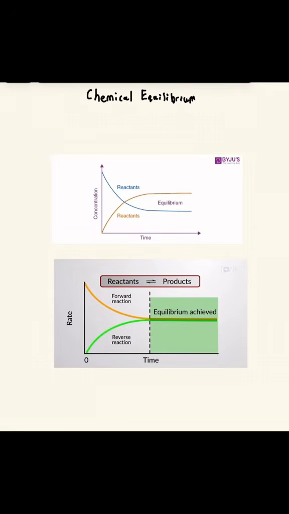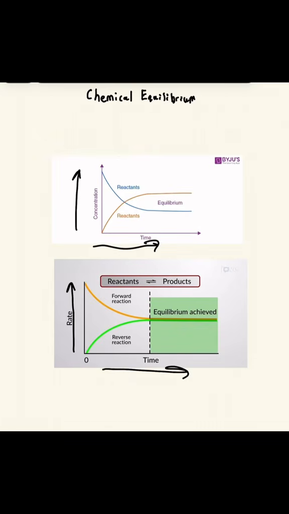Alright, today we're going to be talking about chemical equilibrium and what that might look like. So we have two graphs here. One of them is showing the concentration of the products and reactants, and also the time. So this first one here is concentration and time. Now time is the same on both graphs, they're both on the x-axis, but this bottom one is showing the rate